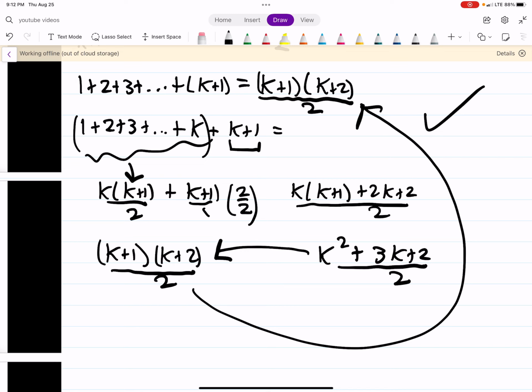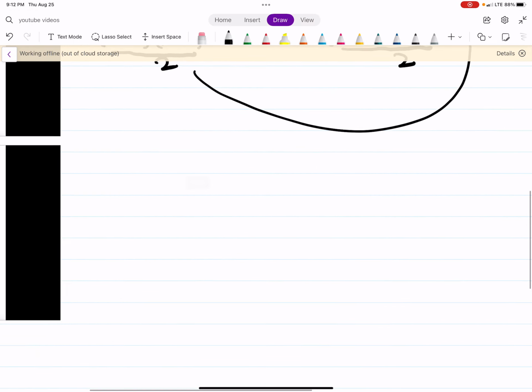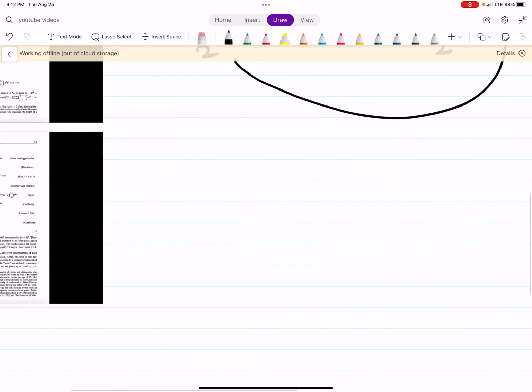So we were able to use induction to show that to be true. Now we can say that it's true for whatever case we're interested in, not necessarily the k plus 1. So the next example,